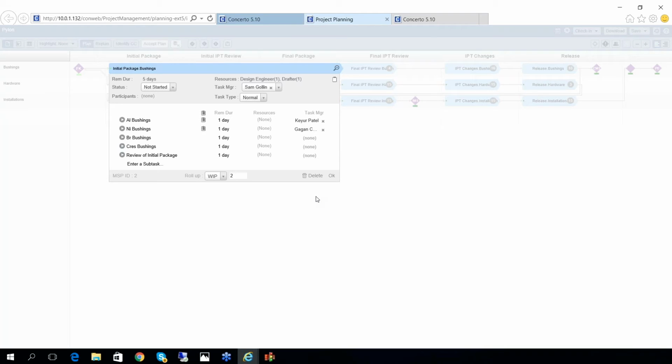So you have a list of all the bushings that need to be done, but all these bushings don't need to be separate tasks inside the project plan. And they don't need to be done in a specific order. They can be done in whatever order the task manager thinks that they can execute in given the resources that are available to them on a given day. So they can still manage all the details in terms of how they think each of these should be done.